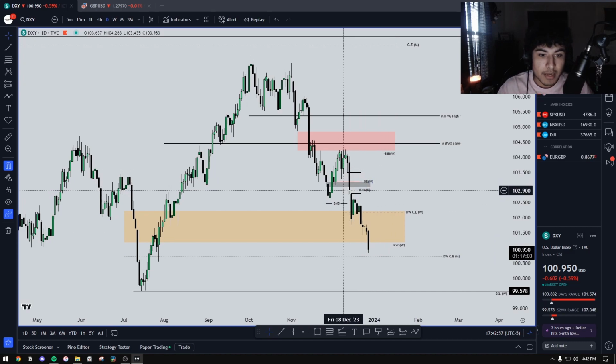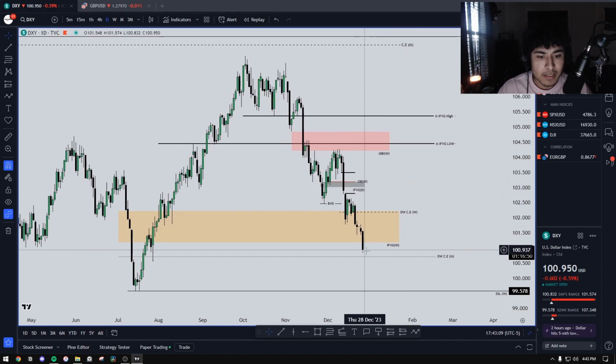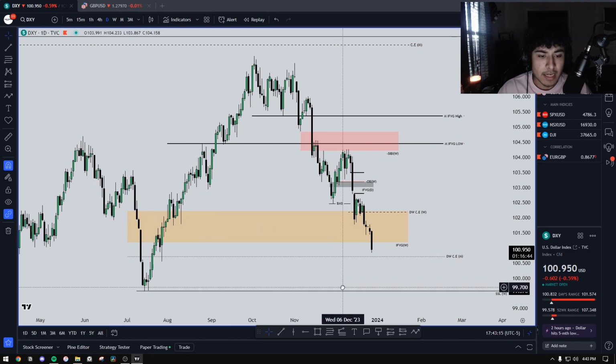We have a breakaway gap, we have the order block, and we have this inverse created. Usually whenever price has that, it's bearish, and we're seeking some form of sell side liquidity, and that's usually how it is. So as of right now for Dixie, I'm going to see if we come to the discounted wick on the monthly, and then eventually if we have this sell side liquidity taken out.